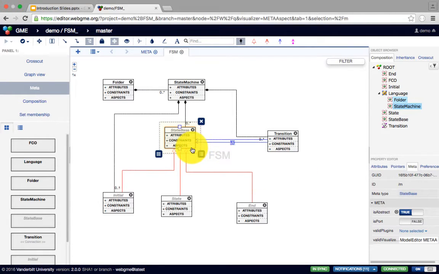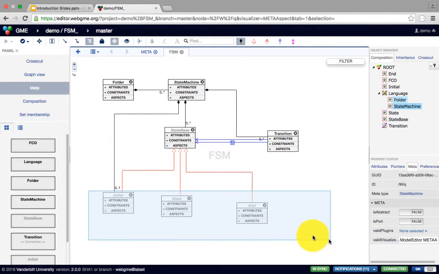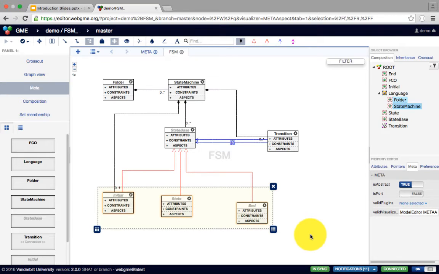And you can see again an example of the prototypical inheritance, because the 3 subtypes immediately became abstract as well. But of course, we would like them to be instantiated. So we select all of them. Because all of these are seen as abstract, now we can change by a single click for all 3 that, okay, now you are